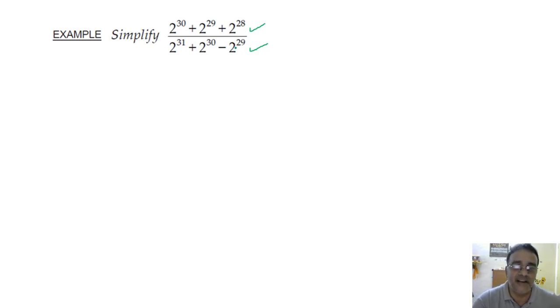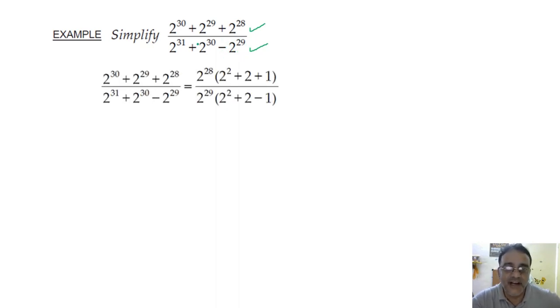बाहर निकालेंगे. So यहाँ पे lowest power क्या है? What is the lowest power? 2 to the power 29. So 2 to the power 29 we will take common from the denominator. Right. So यहाँ से जब common निकालोगे 2 to the 28 निकालेंगे तो 2 बचेगा here. 29 में से power 28 निकालेंगे तो 1 बचेगा, और ये यहाँ पे पूरा निकाल दिए तो +1. Similarly in the denominator also 2 power 2 power 1 and this will be 1. Clear है? Yes, sir.